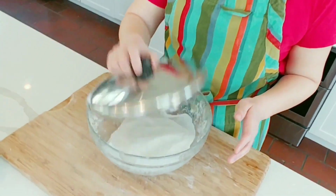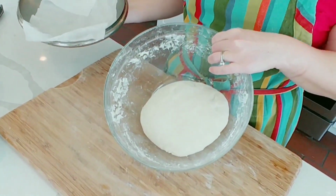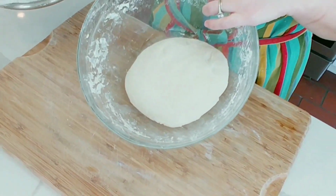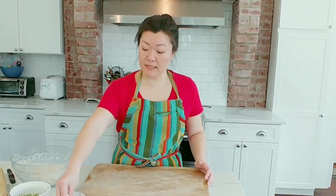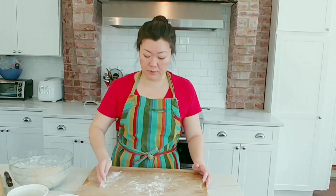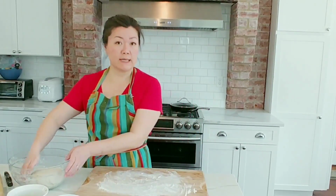Now the dough has been resting for a while, I'm going to take it out and begin the process of making the pancake. But first, let me show you what the dough actually looks like after it's been resting. So as you can see here, the flour and the water have been fully integrated. The dough looks really smooth, and I'm going to take it out and start cutting it up so we can start the process. I'm going to dust some regular flour onto the board, just a little bit, to make sure that the dough doesn't get stuck